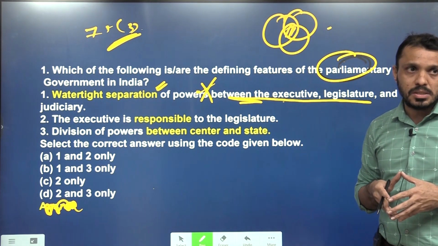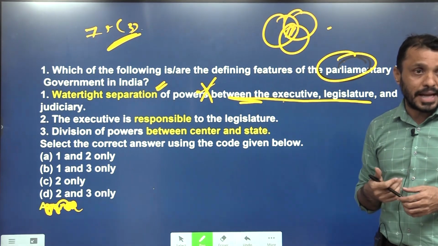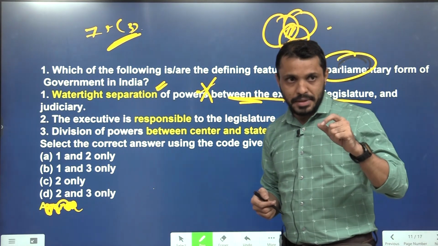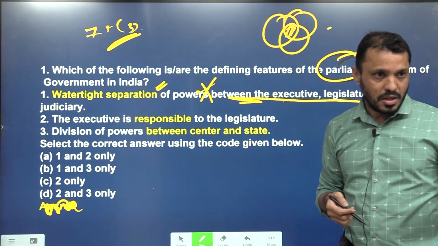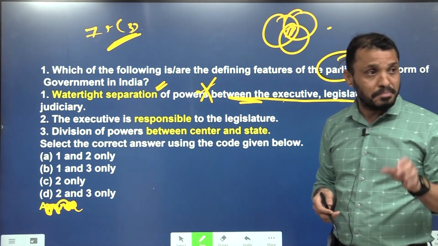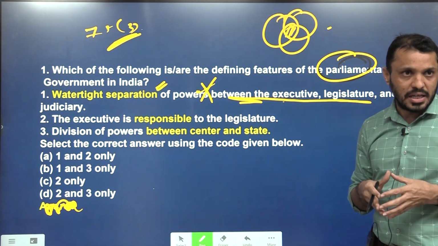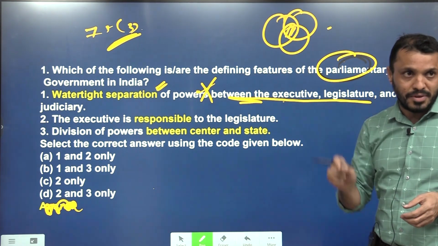For tomorrow's class, all of you please come with the Bare Act of the Indian Constitution. You know what the meaning of Bare Act is here? The Lexicon publication Bare Act is available. Get the Bare Act, not the Lakshmikant book. Bare Act will be good. I will tell one article number, any article number, and you have to refer to that particular article and go through the verbatim.